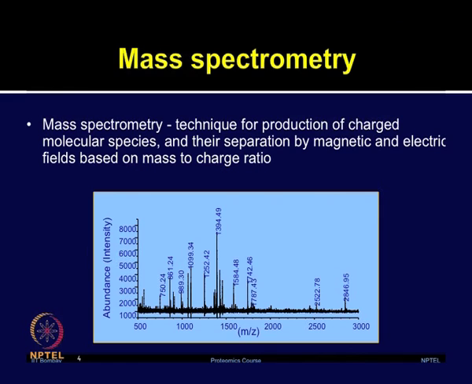So, first of all, what is mass spectrometry? It is an analytical technique to measure the molecular mass of individual compounds and atoms accurately by converting them into charged ions. By definition, this is a technique for production of charged molecular species in vacuum and their separation by magnetic and electrical fields based on mass to charge ratio. You can see the MS spectrum shown in the slide, m/z, and intensity or abundance plotted on the y